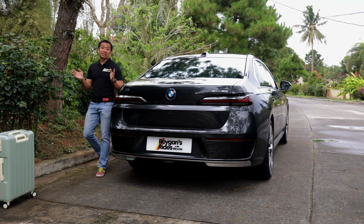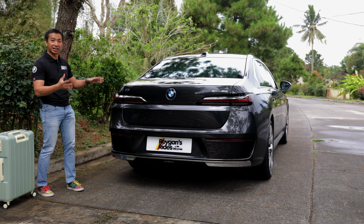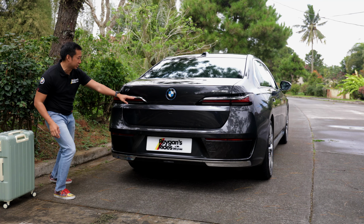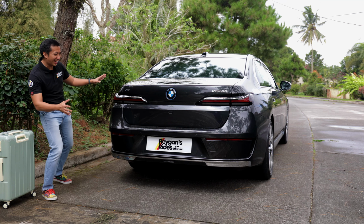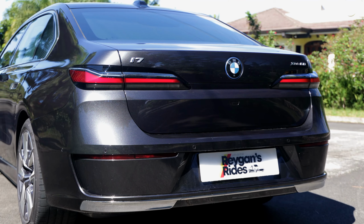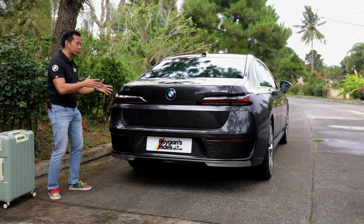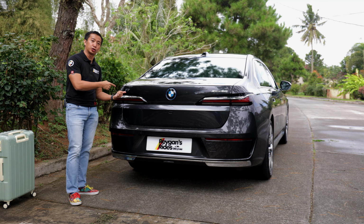The BMW i7 comes with a pretty big butt for a full-size sedan. I mean, BMW tried to tame it a little bit by giving it these set of sleek-looking LED taillight units, but yeah, it doesn't really work. It still looks pretty big, and you can blame that on this large rear bumper that we have here. Now, this big booty comes with an advantage though, because that means that we do have a larger capacity for